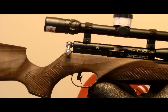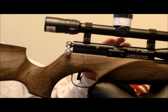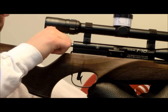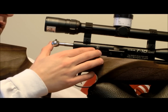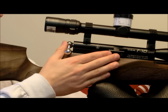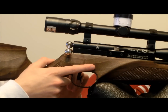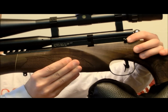Now to show the overall function of the gun, I'm going to show you how it would work here. You would have your magazine loaded into the breech. You would simply pull back on your cocking lever. Snap. You hear that snap, that means the gun is cocked. You have a pellet about to be loaded. Simply push the bolt back forward, and a pellet is now loaded into the barrel. Simply take the gun off safe, which is located on this side, and snap it forward,